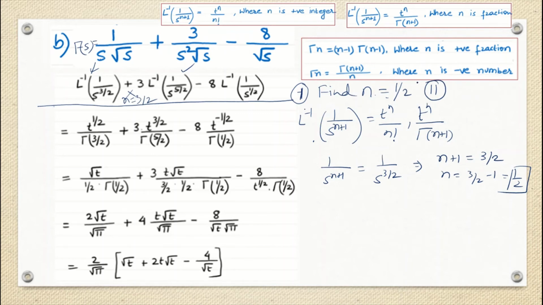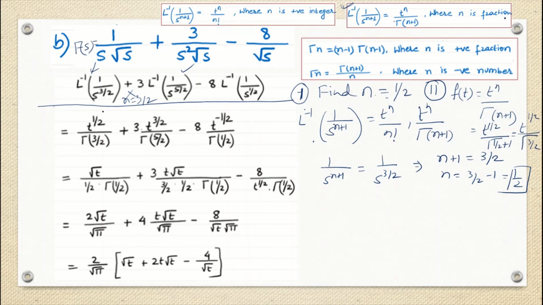Once I got n is half, that means n is a fraction. So I'm going to choose the gamma formula. I'm not going to choose the other formula, which is applicable when n is just an integer. If it was s to the power 3 or s to the power 2, why go for the gamma scenario? So now I understood that I have to pick this formula. I'm going to put the value in my t domain function f(t). f(t) is t to the power n by gamma n plus 1, and my n is 1 by 2. So the numerator is t to the power 1 by 2, and the denominator is gamma of 1 by 2 plus 1, so this is nothing but t to the power half by gamma 3 by 2.